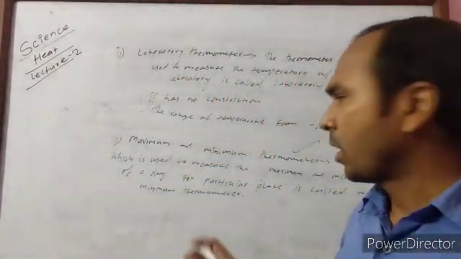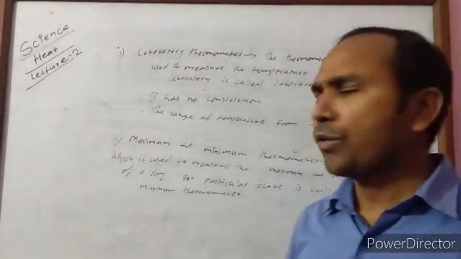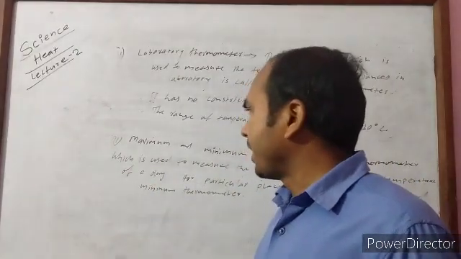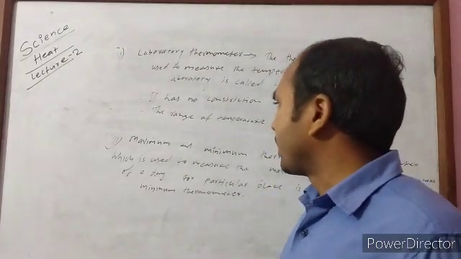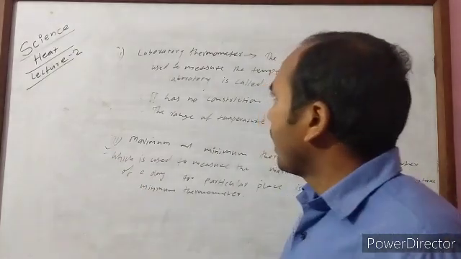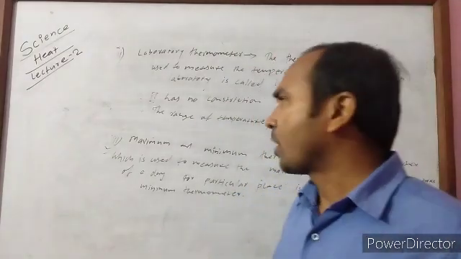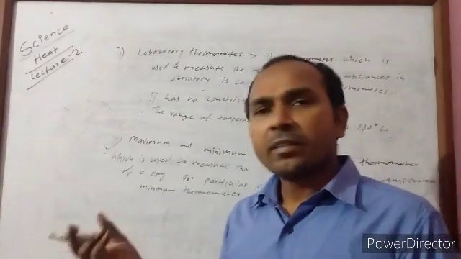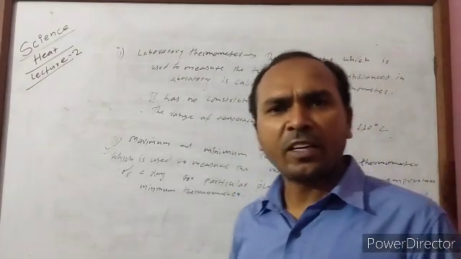It means both the minimum temperature as well as the maximum temperature of 24 hours can be calculated by the maximum minimum thermometer, and it is mainly used for forecasting the temperature of any particular place. Okay. Another, the digital thermometer, is also used nowadays. In a digital thermometer there is a thermistor and a screen on which the temperature is displayed, and no thermometric liquid is used.